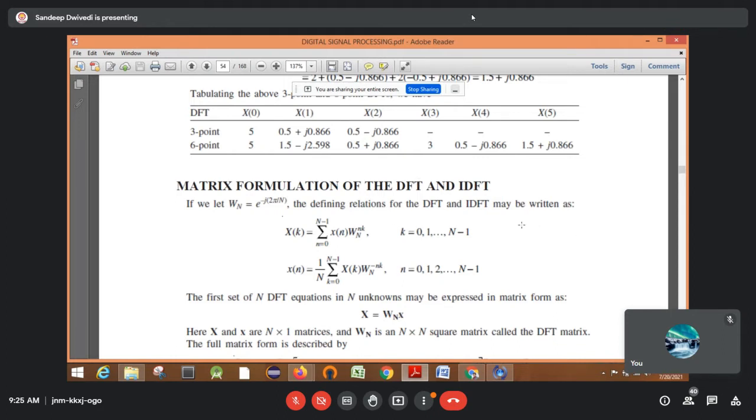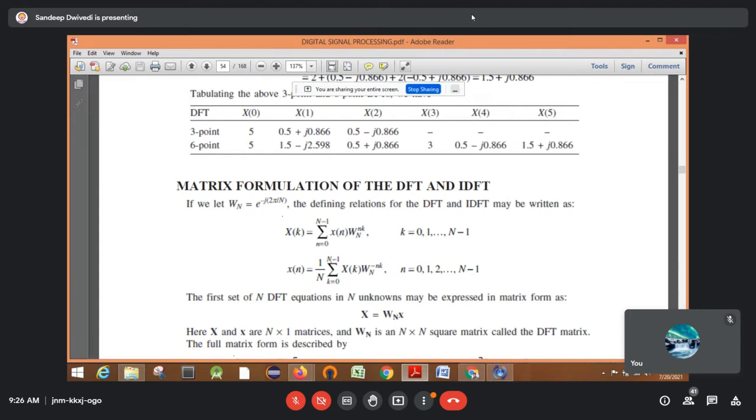Small x will be given in a question. If you remember the size of that sequence, it will simply be given, that is x of n equals some 4 points given in a curly bracket. So the size of that sequence will be capital N, meaning the length of that sequence, and only one row will be there. If you remember your previous questions also, x of n was given in that question, and that was a single sequence.